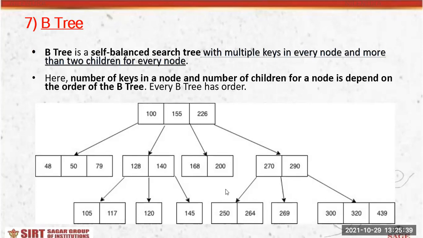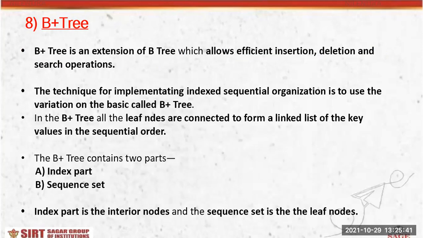We will go on inserting the nodes in a sequential order. After getting this linked list kind of B tree, we can convert that particular thing and get a sequential order of that tree, the sequence in ascending order basically. Now there are two parts, index part and sequence part. Index part means you want to search something according to the index at a particular location. Sequence means you have to traverse a particular set from the leaf nodes.